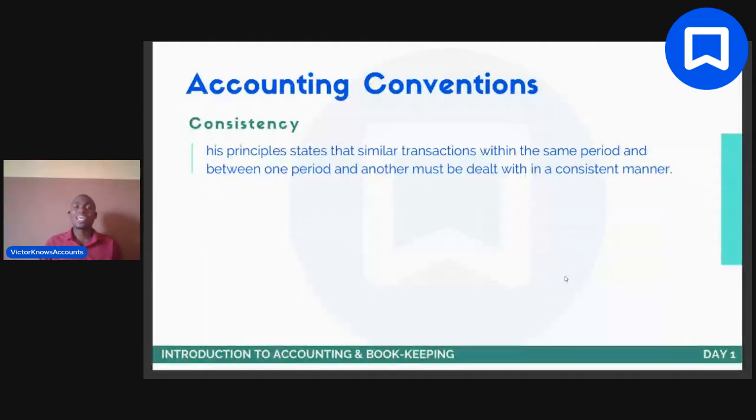And why is that? The reason is that consistency aids comparability. What we are saying is that without consistency, there will be no comparability. And comparability is one of the features that makes financial information useful, right? It is one of the enhancing qualitative characteristics